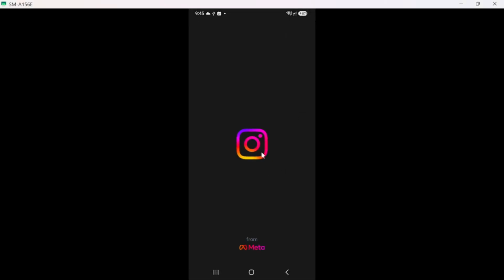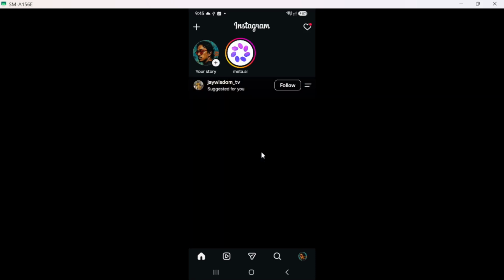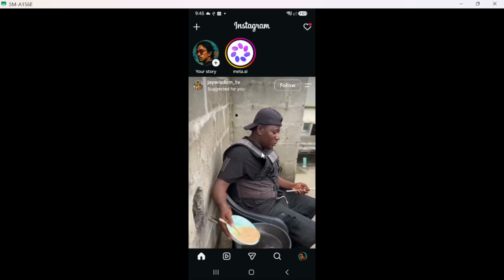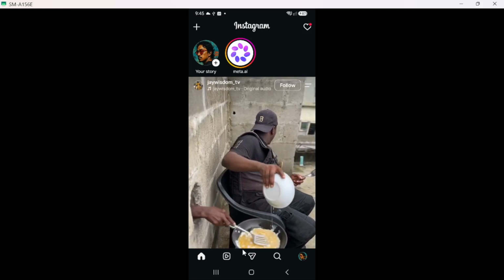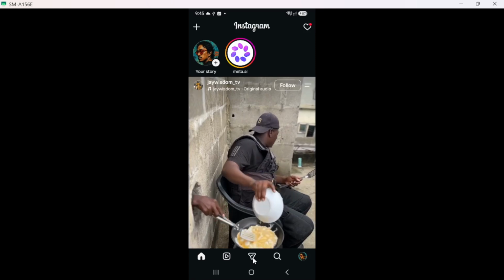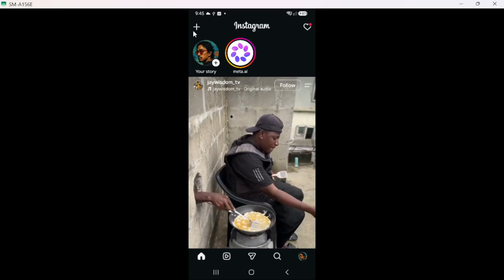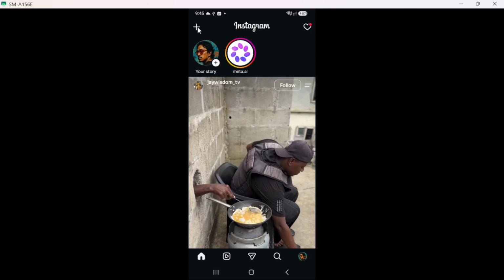If you have not logged in yet, you will need to enter your username and password. Make sure to check your details for accuracy to avoid any login issues. Once you've entered your credentials, tap the login button. This step is crucial as it ensures you can access your conversations and manage your chat history effectively.